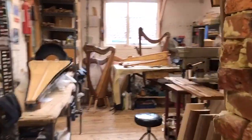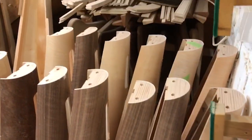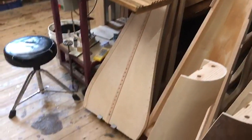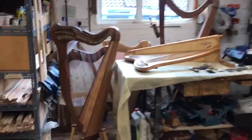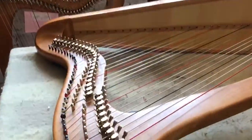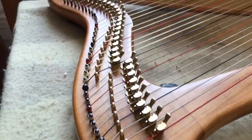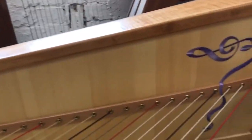And on the right here, bodies. These will be sound boxes of the smaller lever harps, folk harps, Celtic harps, they're all the same thing. And there's some of a pedal harp and some harps in for checking over, servicing and so on. Harps are under a lot of strain and tension. Even a little harp like that has about half a ton pull on it, and